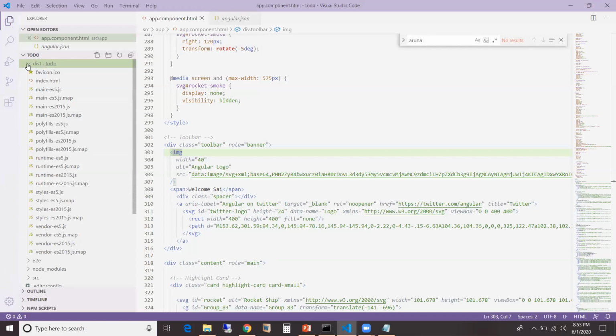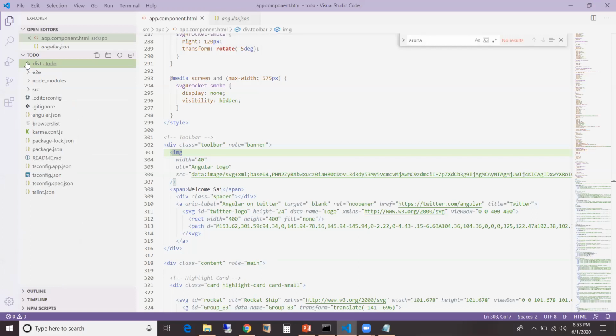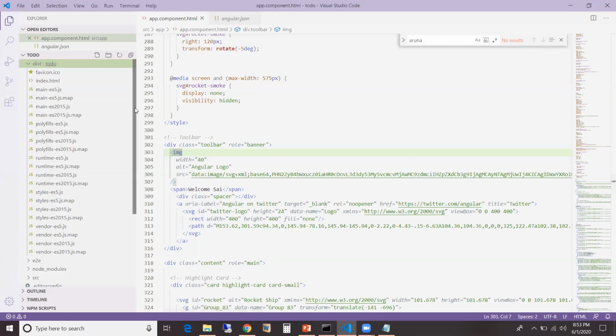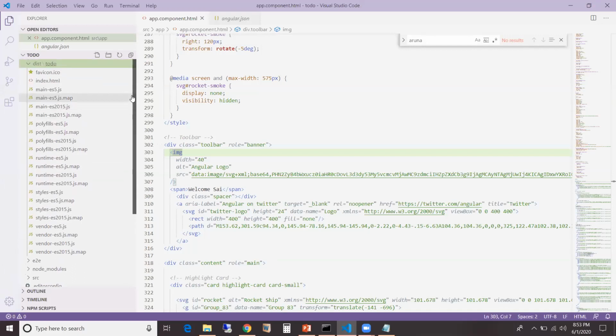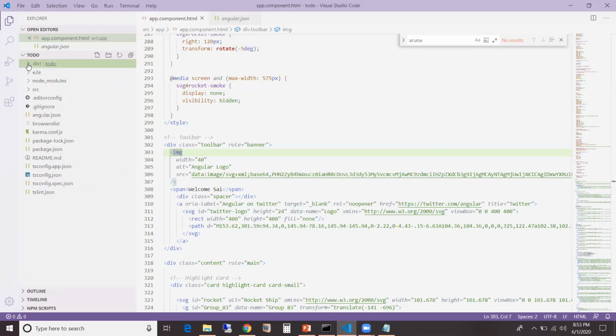So ng build actually constructs the deployable code, whereas ng serve does not create the deployable code. So that's the difference between ng build and ng serve, and I think it's a very good frequently asked interview question.